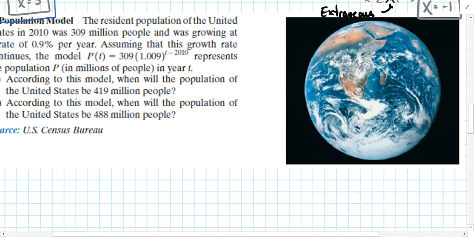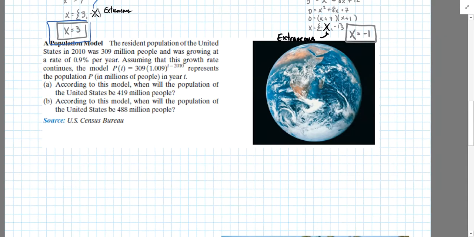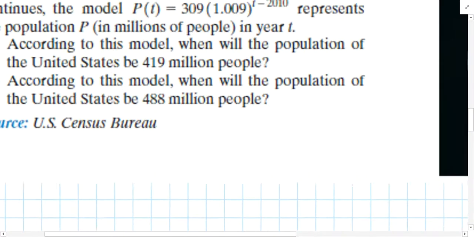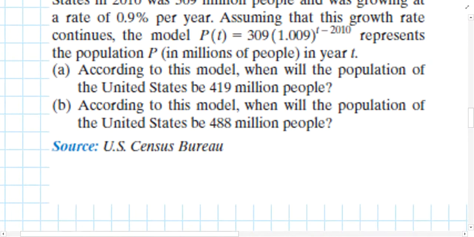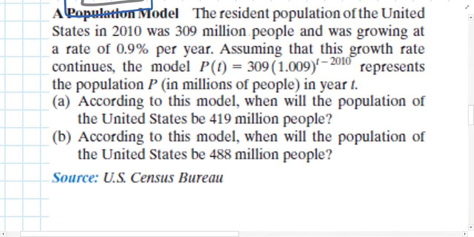So let's finish out this video with a word problem, or two. I think we'll skip the investment questions at the bottom of this handout in order to keep this video a little bit shorter. And in this population model, we'll only complete part A. Part B would be done much the same way. In part A, we're told that the population of the United States was 309 million and growing at a rate of